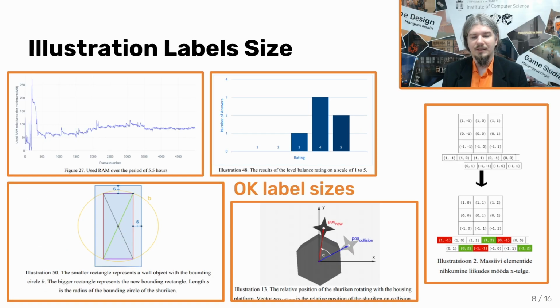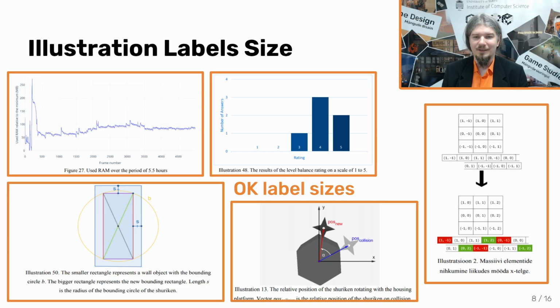Now here are some examples with okay label sizes. Although perhaps this label is too small again. It should be a little bit bigger perhaps. But if we're looking at the labels or these texts over here, I think that's relatively okay. These S's and P's over here seem pretty okay, the same size as the text surrounding it. Here we have this position new and position collision, so pretty readable. Or here we have this matrix data storage array, and these numbers are roughly the same size as this caption. So I would say that this is kind of okay, but if they become very tiny, then